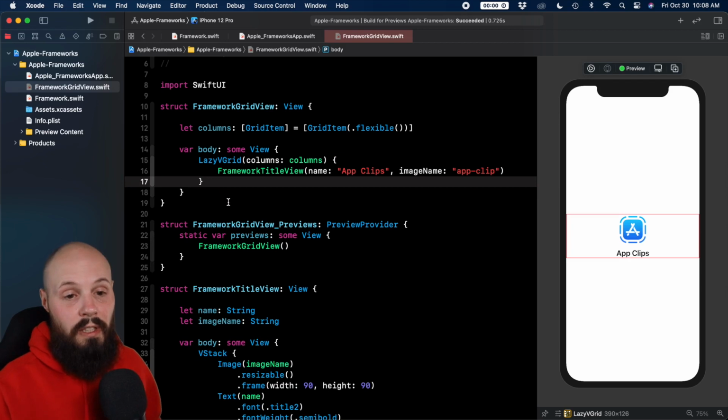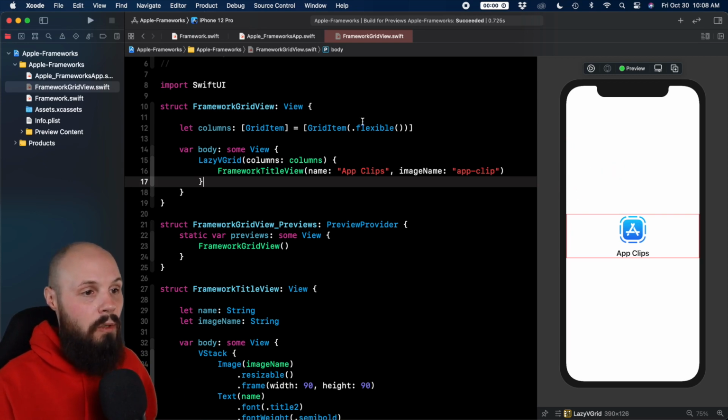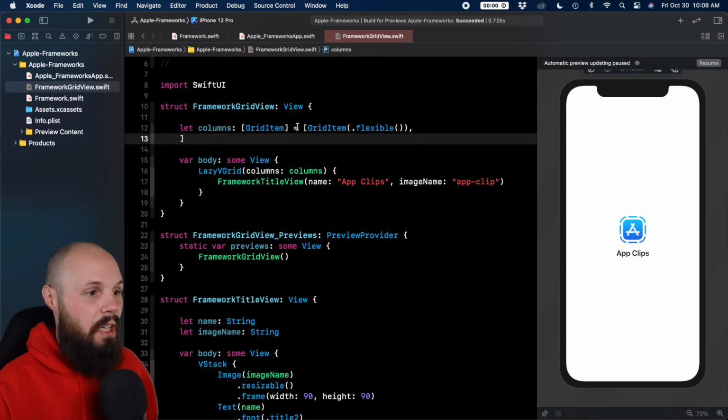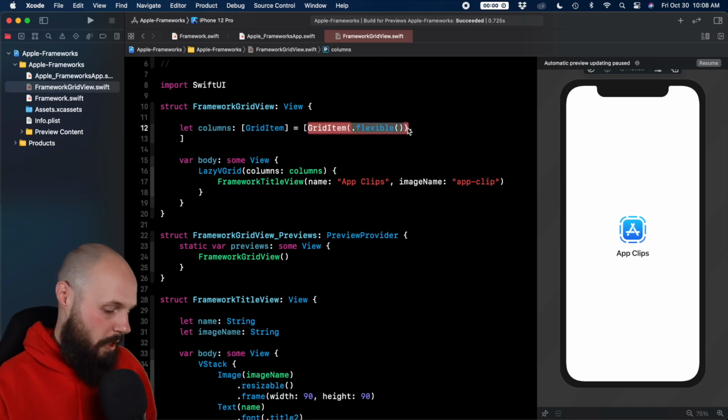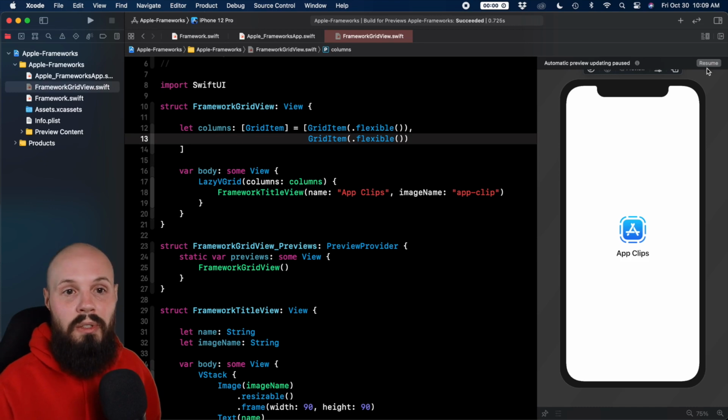So it looks no different. And you want to know why? It's because we only have one column. There's only one column in our array. And if I'm highlighting the LazyVGrid here, you can see the red frame. You can see that one column is taking up the entire width of the screen. Okay, cool. So let's add a comma here, hit return, and we're going to add another grid item with flexible. So that'll give us 2 columns. So now we have 2 columns, hit resume,